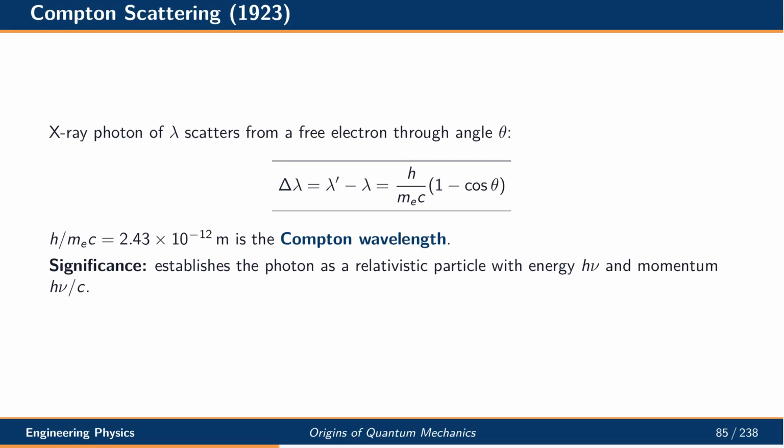Compton scattering provided further direct evidence for the photon picture. When an X-ray photon scatters off a free electron, its wavelength increases by an amount that depends on the scattering angle. The shift involves the Compton wavelength of the electron, about 2.43 picometers. This result establishes that the photon is a relativistic particle with energy h-nu and momentum h-nu over c. It marked the final acceptance of light as